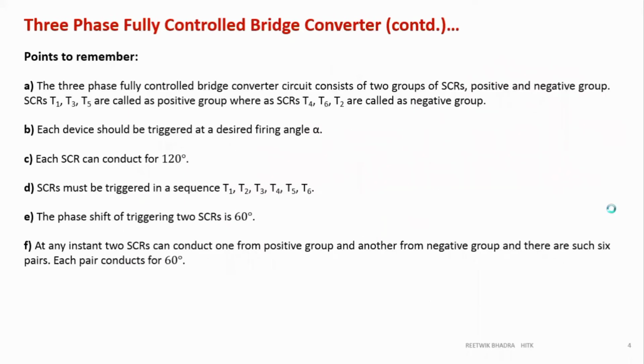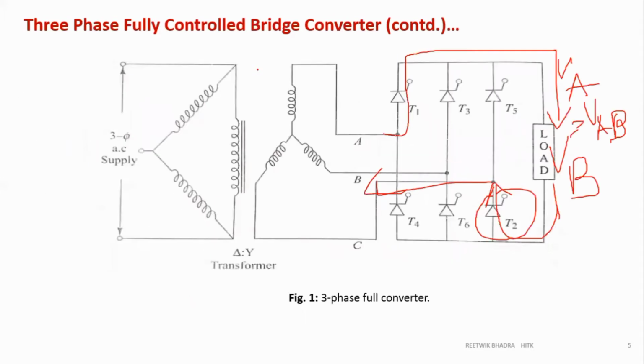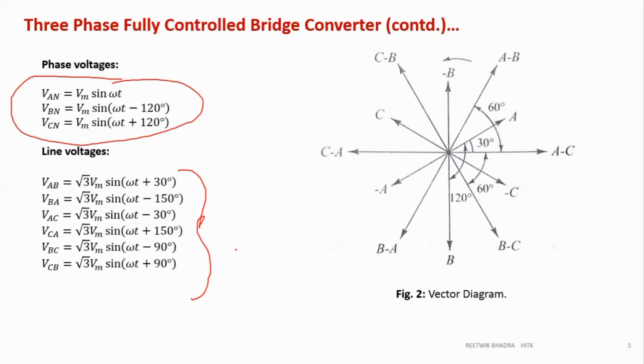So it is very important to plot the line voltages. We don't have any use for the phase voltage in plotting, but we need the phase voltages in order to determine these 6 quantities. That's why I have written the equation for phase voltage. So at the output we always get line voltage. So finally all my equations, whatever we are writing, average and RMS value calculations will be in terms of line voltage, because at the output we will get line voltage.